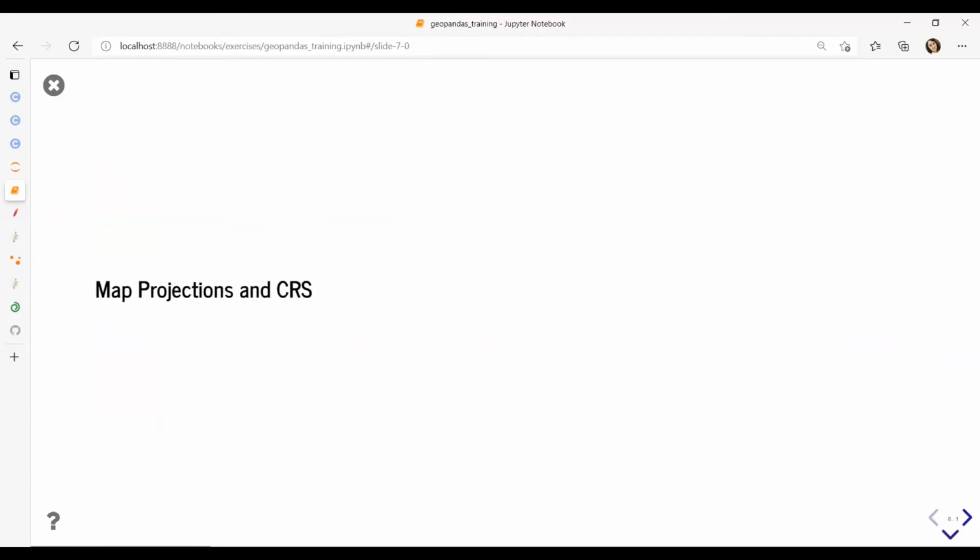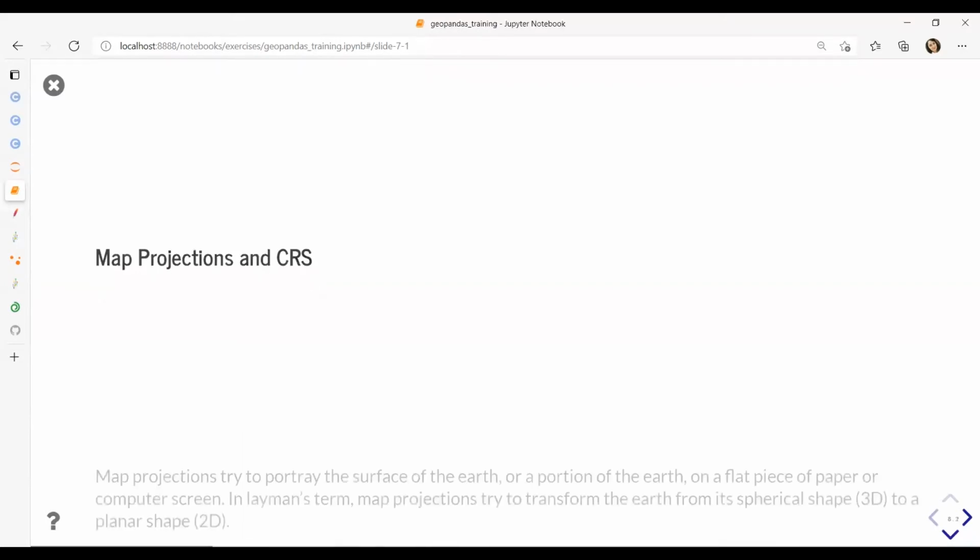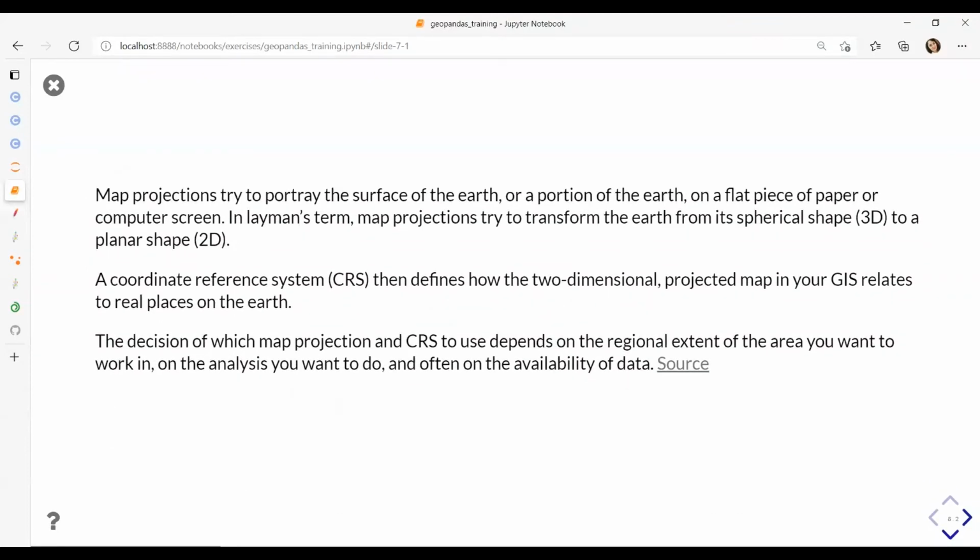In this section, I'm going to talk very briefly about map projection and coordinate reference system for those who are not familiar with this concept, which is very crucial in GIS world. Map projection, in very simple terms, tries to transform the Earth from its spherical shape to a flat, planar shape, or a flat map.